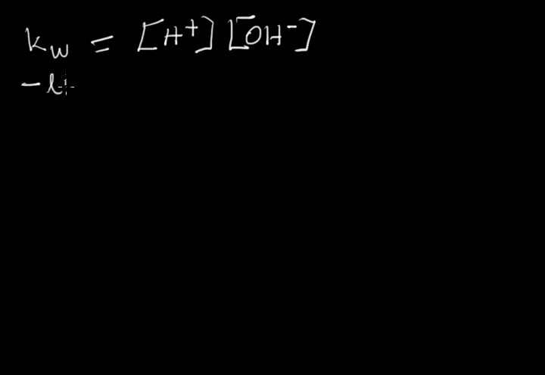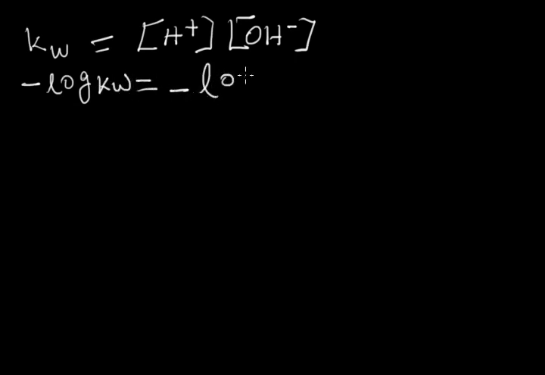Kw is the molar concentration of H plus ion multiplied by the molar concentration of OH minus ion. Now if we take the negative logarithm of both sides, we'll get minus log of Kw equal to